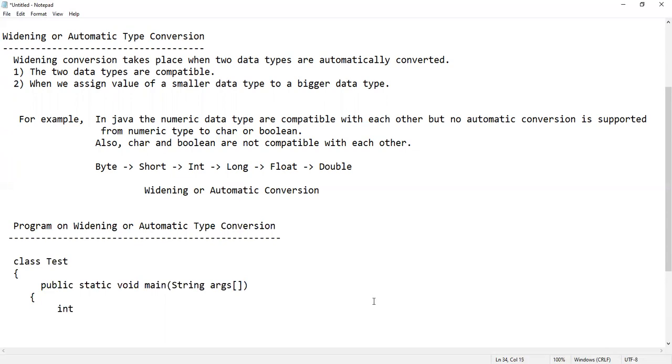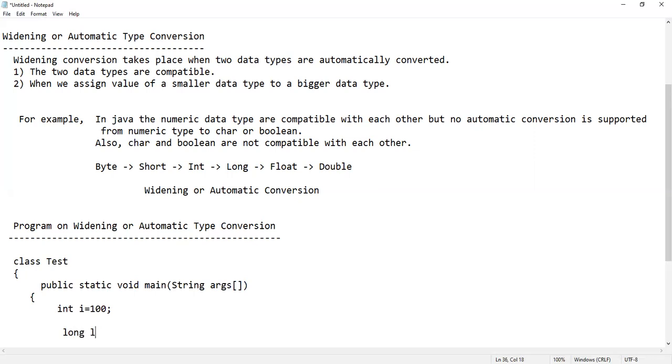Int i is equal to 100, we have declared. So this is automatic type conversion. In the next step, if I declare long, long is a bigger data type than integer.